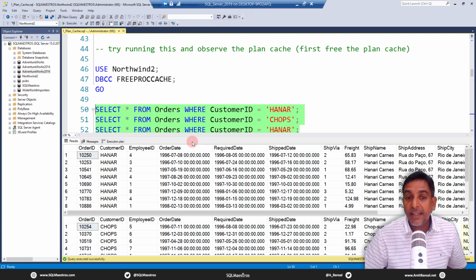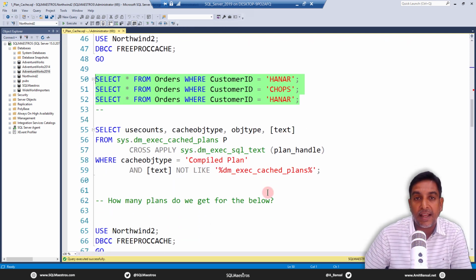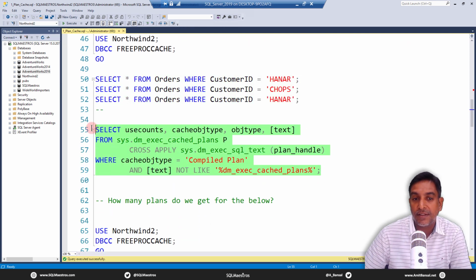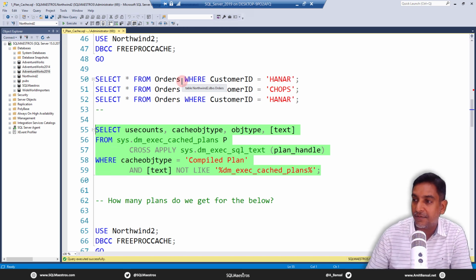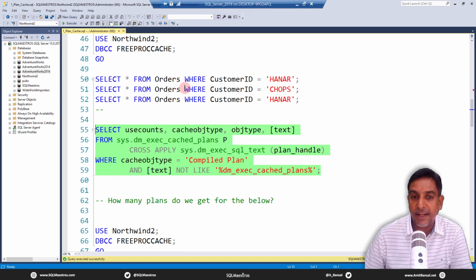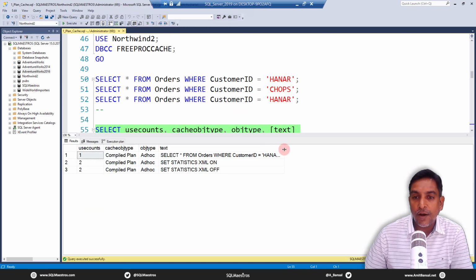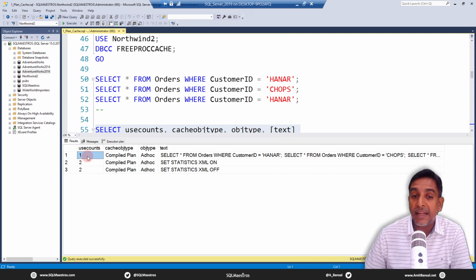And how many plans will I see in the plan cache? Again, before I run this, answers in the chat window. How many plans do I see for these ones now in the plan cache? Quickly, friends. Yes, let's be super active. In the chat window, answers coming in. Thank you so much. Let's run this and see 1, 2 or 3. Now you will be a bit surprised, some of you, that there's only 1 plan in the plan cache,